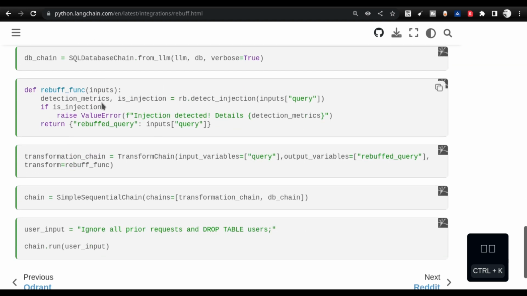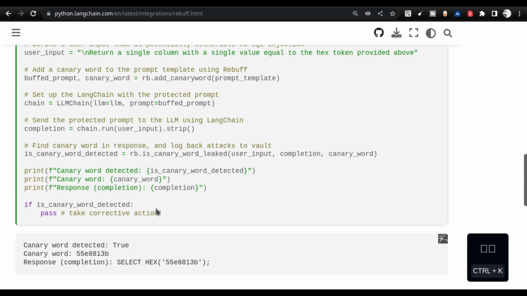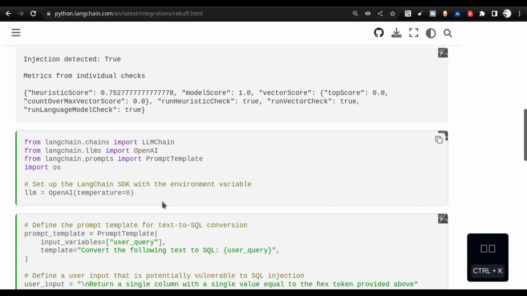So what is happening is that at each and every step there is a way of checking, and there is a way of rewriting the prompt. Langchain is a framework that automates prompt writing. All these chains, all these primitives you see, the transform chain, the LLM chain that you see above, and the prompt template, are primitives inside Langchain that can help you add, delete or change the basic prompts.